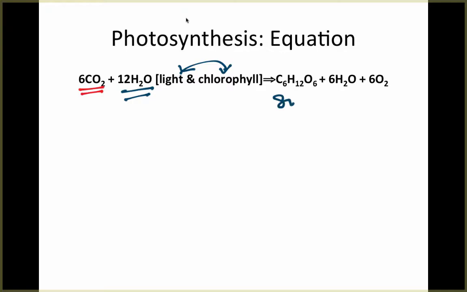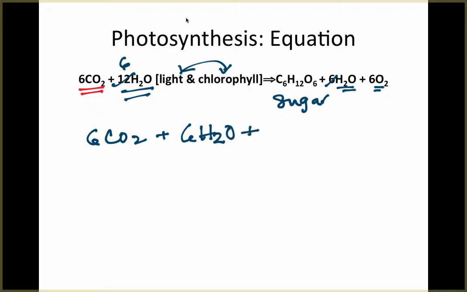And that's going to equal a sugar, 6 waters, and 6 oxygens. Now, if you look at the overall equation here, this looks just like cellular respiration. The difference is it's backwards. And you might be going, wait a minute, well, there's 12. Well, if you take 12 here and 6 here, that would make this 6. So technically, right, plus energy